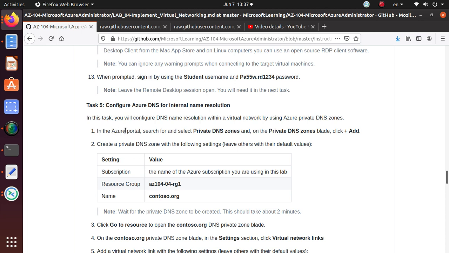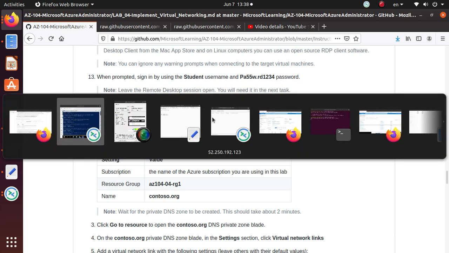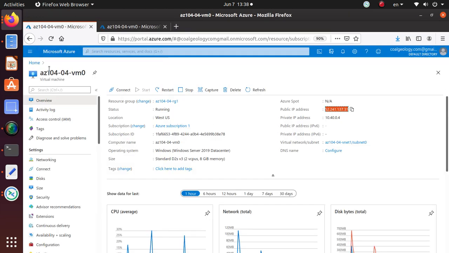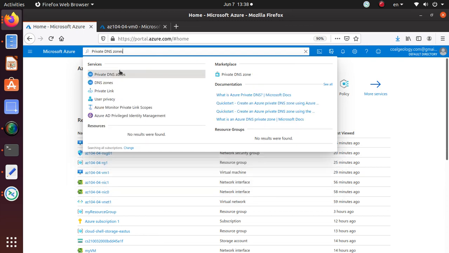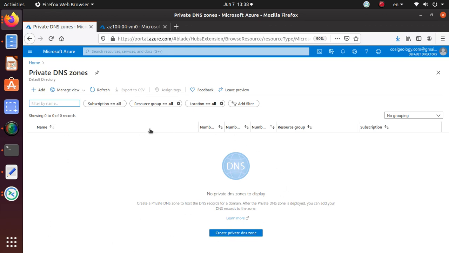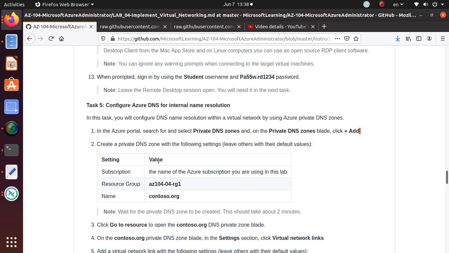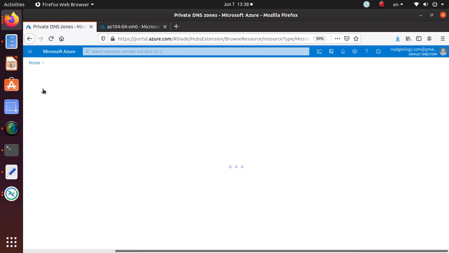In this, go to the Azure portal and search for Private DNS. We are working on internal name resolution, not the external. Okay, so remember that. So we're going to search for the Private DNS zone. So let's go to our Azure environment, that's over here, and I'm going to search for Private DNS zones, and this has come up. There is no private DNS zone configured at this time for my Azure subscription. So we're going to create one, and we're going to assign some resource group, and the name would be contoso.org. So let's do add,